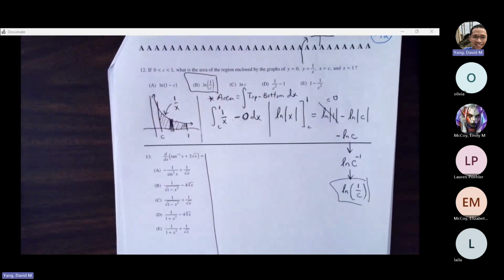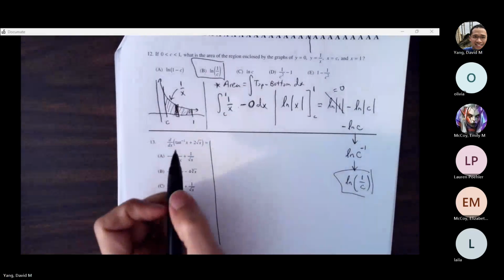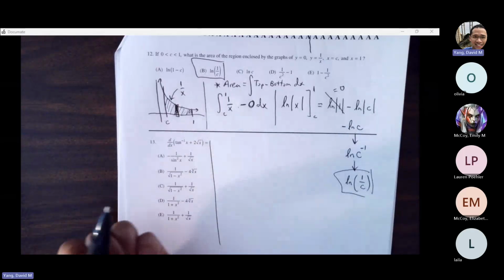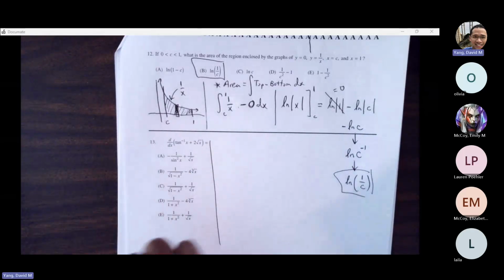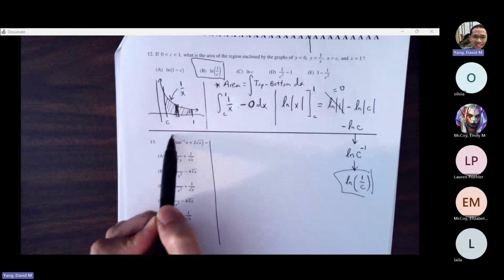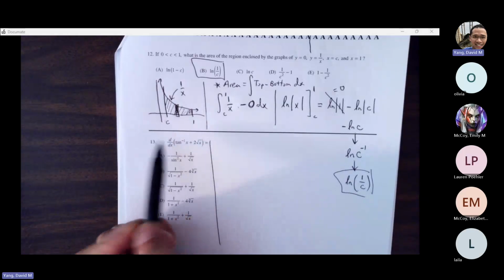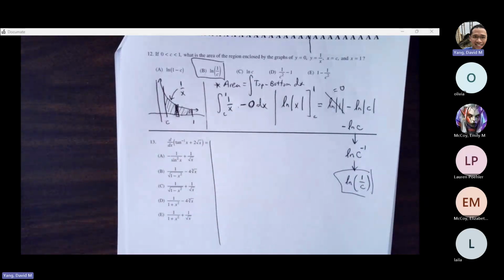Okay, we have asking about the derivative of the sum of these two terms. We haven't spent a whole lot of time reviewing arc-trig rules just because arc-trig derivatives tend to not show up that much on the AP exam. But if they do show up, typically it's going to be the tangent that's going to be the most likely one to show up. Now, technically, all the derivative rules are fair game for them, but